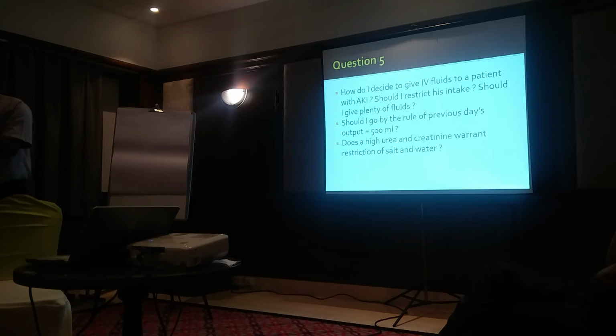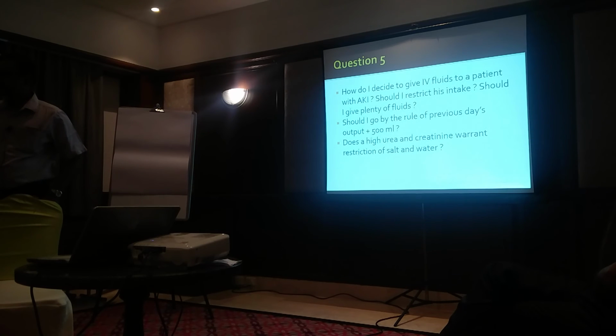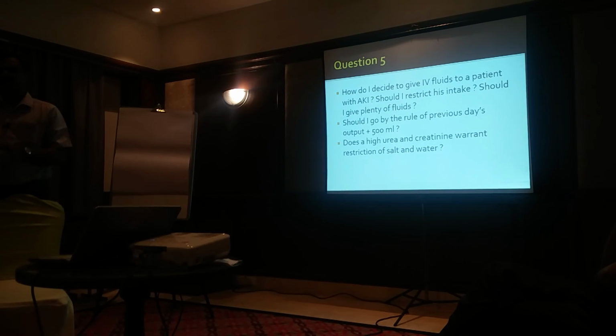Presume a situation where somebody is having acute gastroenteritis, is vomiting, is having significant diarrhea, and he continues to have that, his blood pressure is still low, and the last 24 hours urine output is 500 ml. If you apply this formula, you give only 1 liter next day, and the patient continues to be in a dehydrated state. So the previous day's output plus 500 ml is not applicable when somebody is significantly dehydrated. Think of another situation where somebody is in congestive cardiac failure, where you push enough diuretics, somebody is passing 3